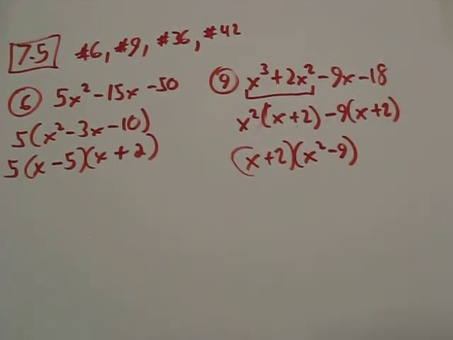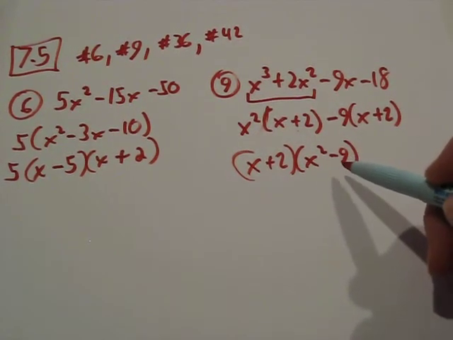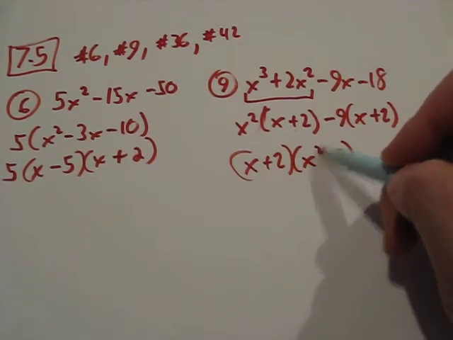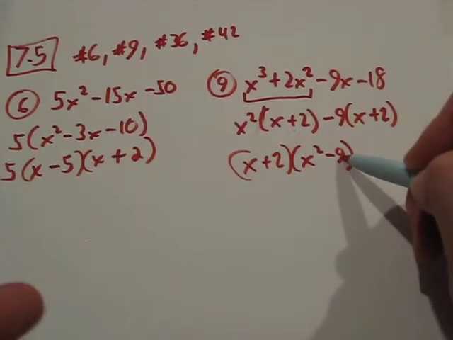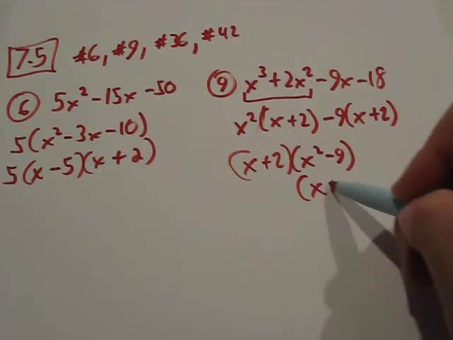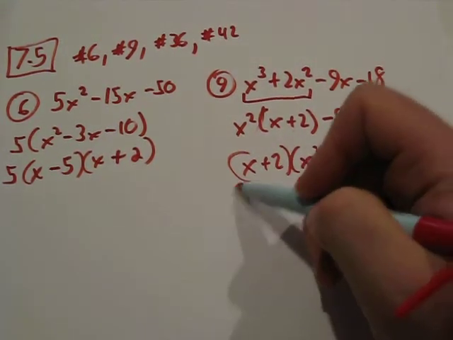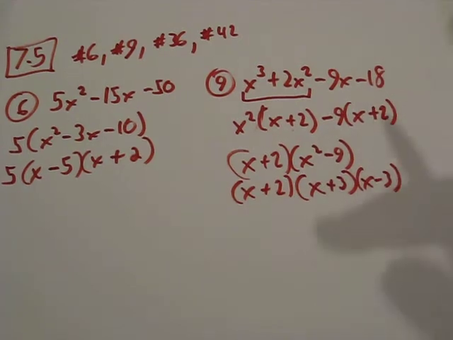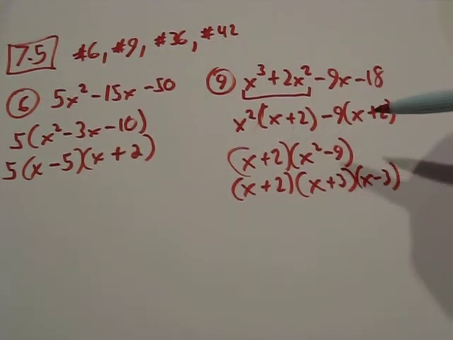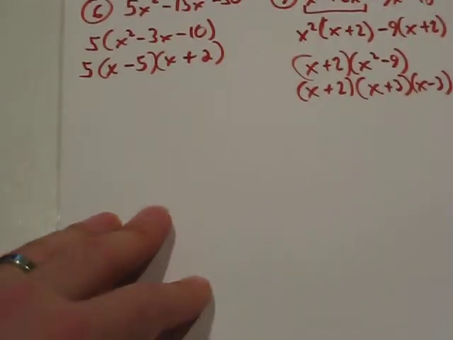Now before you say, oh, phew, I'm done, this x squared minus 9, be aware of it, it is a difference of squares, because it follows our rules for difference of squares. X squared is an even power, 1 and 9 are perfect roots, and it's a subtraction problem. So this becomes x plus 3, x minus 3. Look for that on tests. That's going to be pretty common, to separate the pluses from the minuses. So look for difference of squares everywhere you go, and we'll see this again in problems 36 and 42.